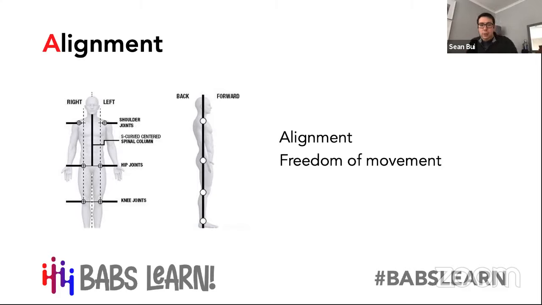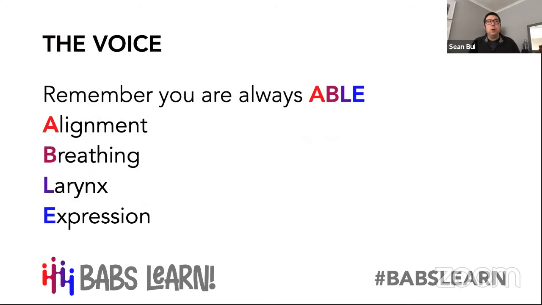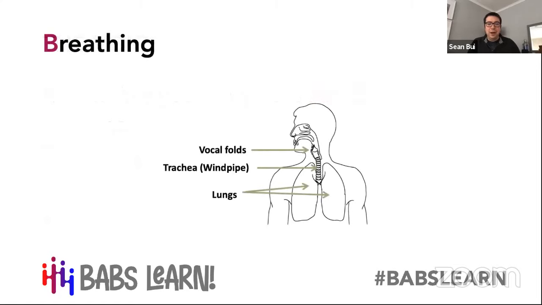Good. So that's all on alignment. As I said, most of us have covered that before, so we don't need to spend too long on that. Next, we're going to talk about breathing. And breathing is one of those things that shouldn't be too complex, but for some reason there's lots of disagreements about how we should breathe. So let's just break this down a little.